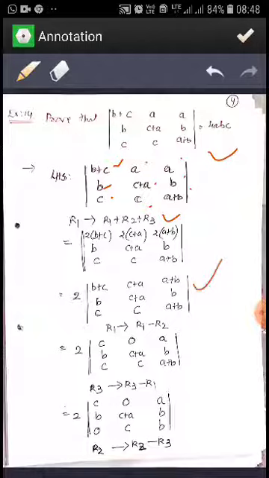So, take 2 common. Now we can easily make this 2 0 by subtracting R2 from R1. So R1 minus R2, B will subtract from B plus C, so C will remain, C plus A subtract from C plus A, so it is my 0, A plus B minus B, so it is A. Now this C, 0 and A. So the row which has 0 can be subtracted from the other row.